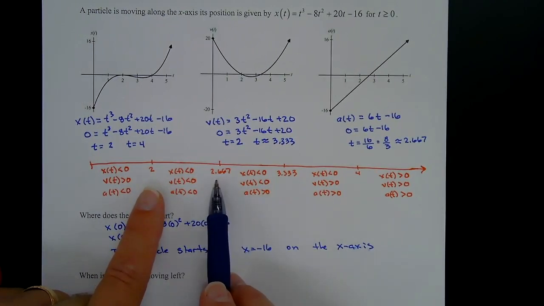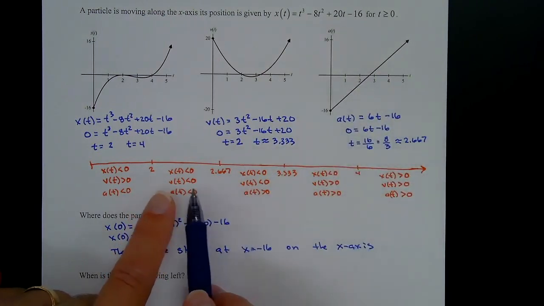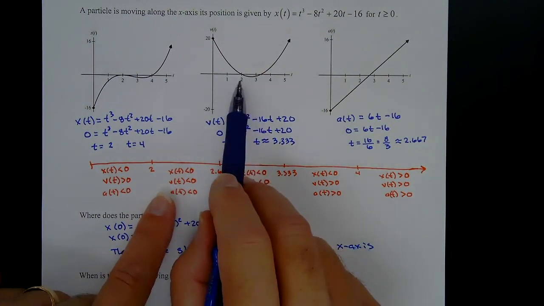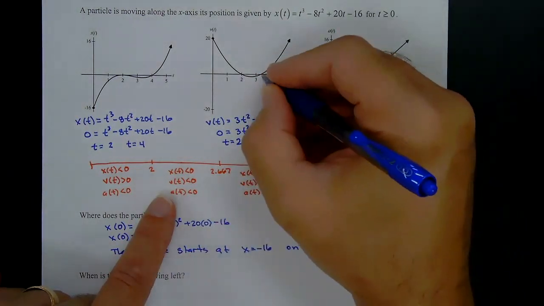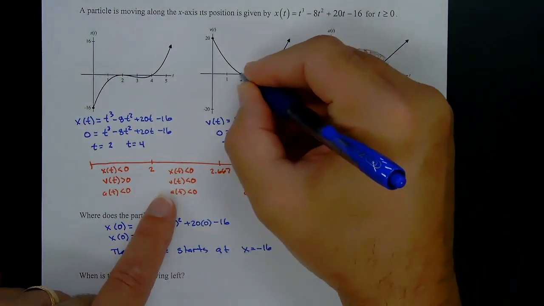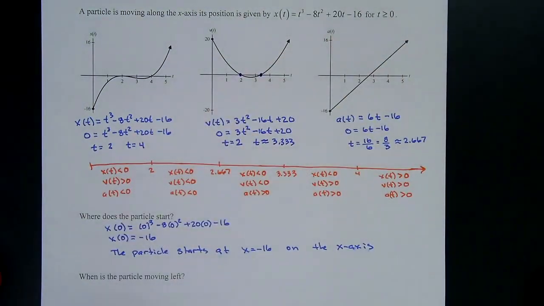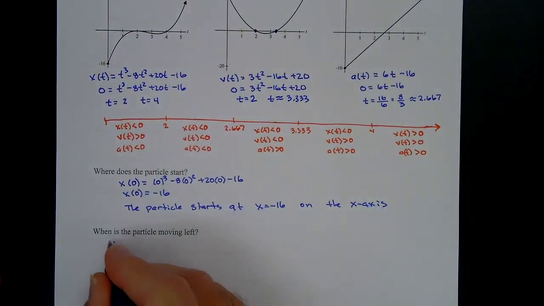Now, what about 2.667? That had to do with the acceleration, right? So it's going to be all the way from 2 to 3.333 that the velocity is negative. Now, we're not going to include 2 and we're not going to include 3.333. So we're not going to include those 2 points. Why? Because the velocity is not negative there. So here we go. When is it moving left? So the particle is moving left